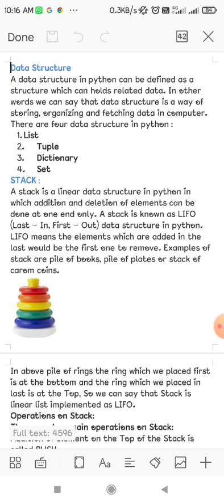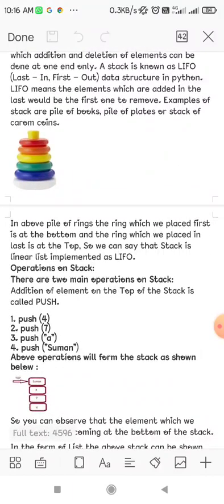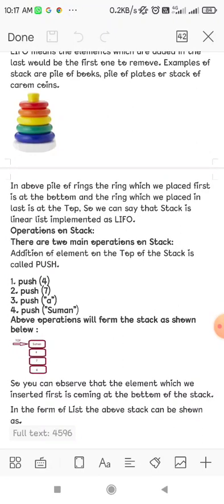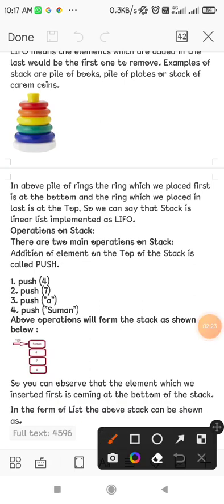So in this LIFO structure, we can mainly do two things: push and pop. When we add something, that is called push. When we remove something, that is called pop. You may see a stack here. This is a stack. So whatever operations we can do on a stack, they are generally push and pop. Push means to add and pop means to remove.